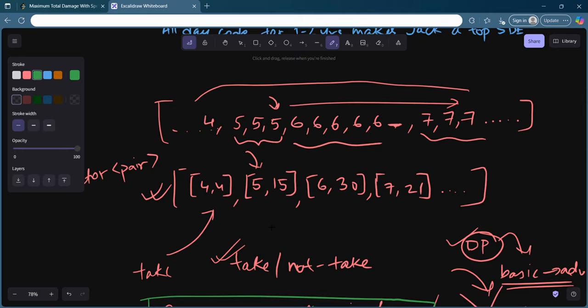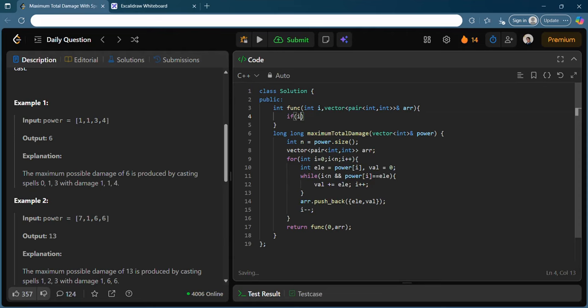So when my pointer, I am starting from this pointer, I equals 0, when I reach the last element or reach something greater than that, that is my base case, so return 0 in that case, because you cannot do any damage. If you are in this cell, let's say, you can choose to take or not take. If you choose to take, you will do this amount of damage, right? That's it, that is the concept. So if you are exceeding the array bounds, you cannot return anything.